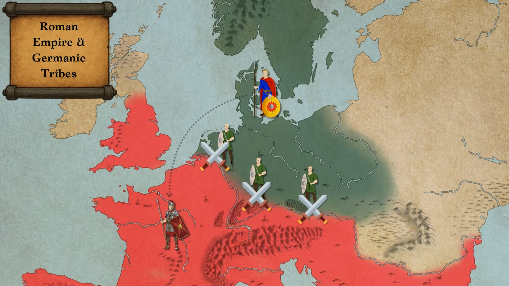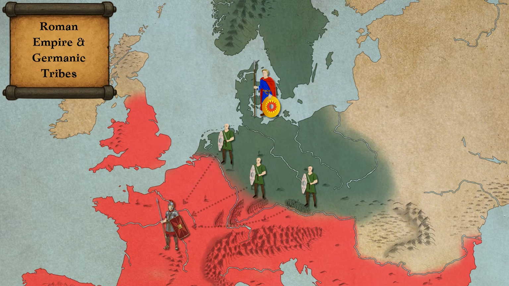amicable relations with Rome. This contrasts with the views of the British historian John F. Drinkwater, who has pointed out that tribes at the border generally seem to have been in much more intense contact with the Roman Empire and were more likely to adopt aspects of Roman culture than tribes from further beyond were. Many of those tribes are also reported to have served in the Roman army, as was the case with the Batavians or the Ubii or the Marcomanni, in contrast with the inhabitants of Scandinavia, which are neither mentioned to have served in the sources, nor are there archaeological clues that point in that direction.